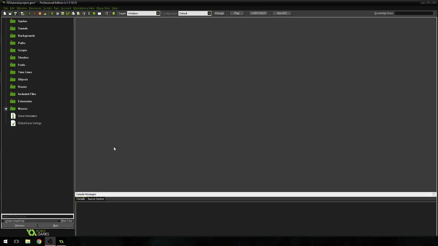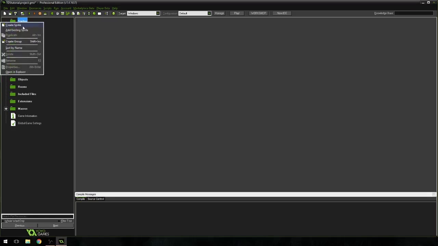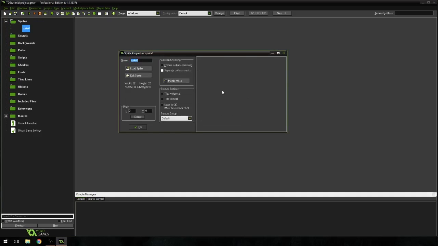First things first, I'm gonna create a sprite. I'm gonna right click on sprite, hit create sprite, and I'm gonna call this SBR_player. I like to put the SBR on the front purely for organizational reasons. If I have a bunch of things in my code that just say player, I might not know if I'm talking about a sound or an object. So if I just put whatever type of asset it is on the front,